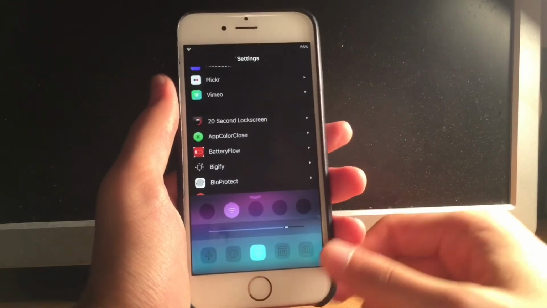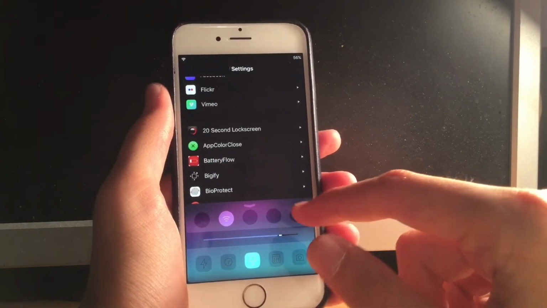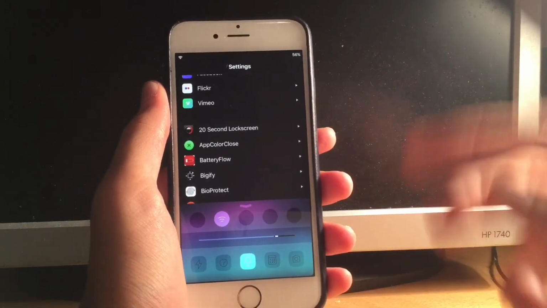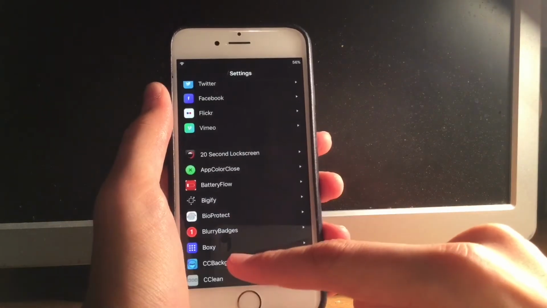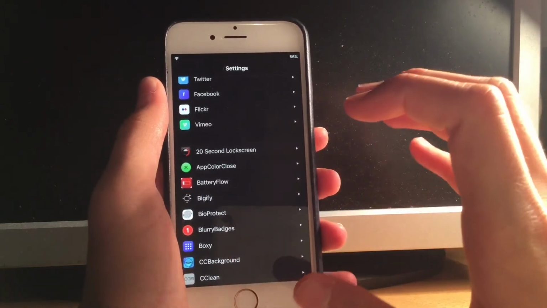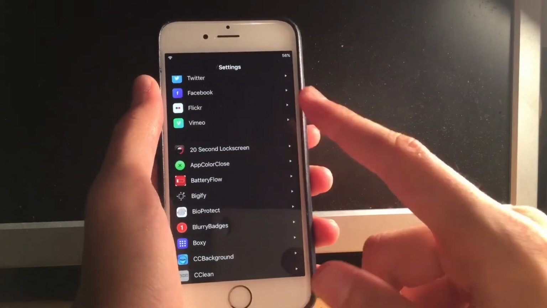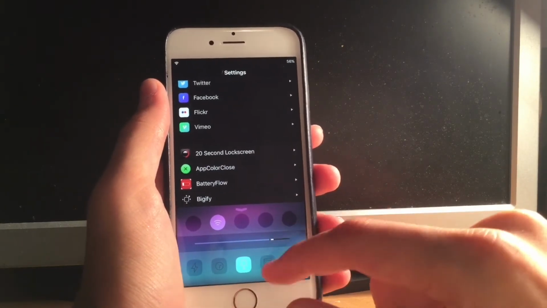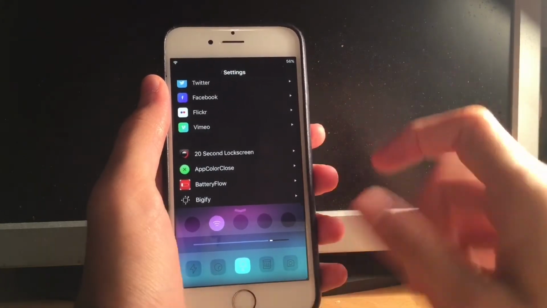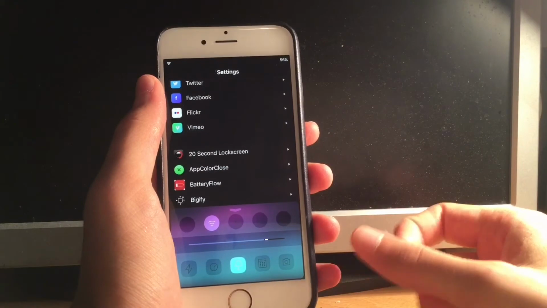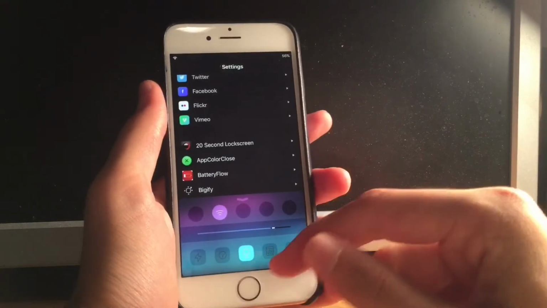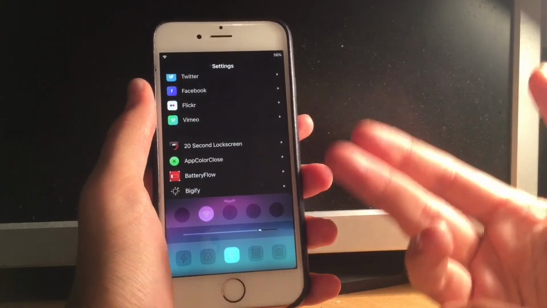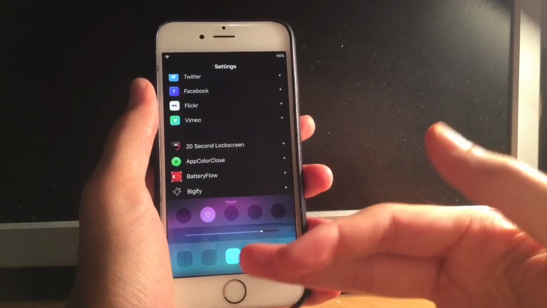And also here for the custom color, once again, this is an image, just like on my keyboard. And this image is due to a tweak called CC Background. So it's the same as Image Board, but for your control center, and it basically lets you add an image as a background to your control center. And as you can see, it looks really nice. And once again, all the images are down below in the description. So the theme in my control center is Muse 3. Obviously, it's the same theme. It just adds, you know, custom things to your control center.